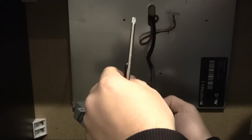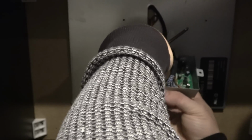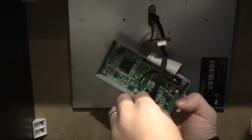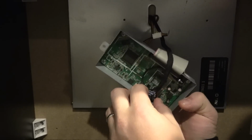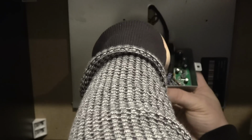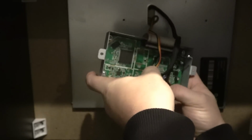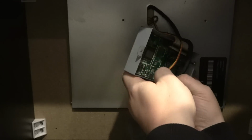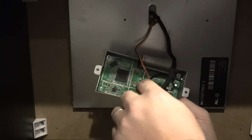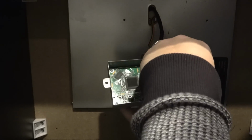Super important. You just want to make sure things are back the way they went and everything's secure. You want to make sure all the cables are properly in the right spot. That's why I recommend taking a picture, and this should work. So now that that's hooked up correctly, I do believe I do need to screw this back into the far